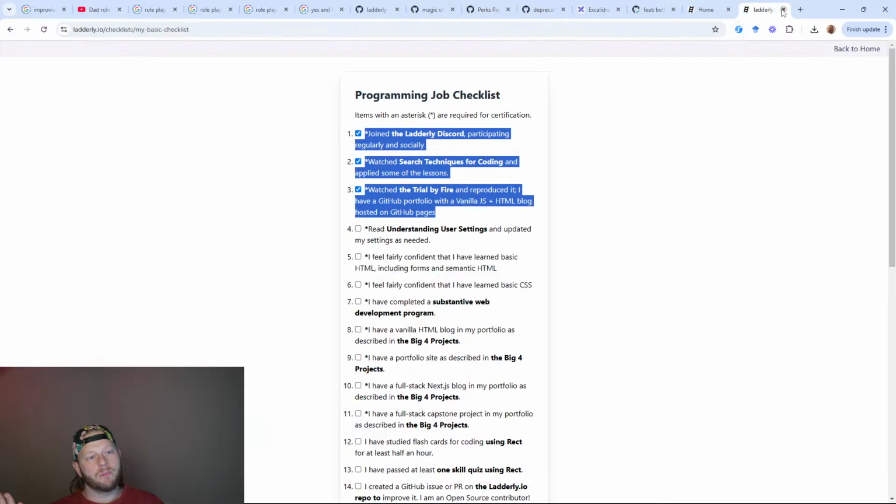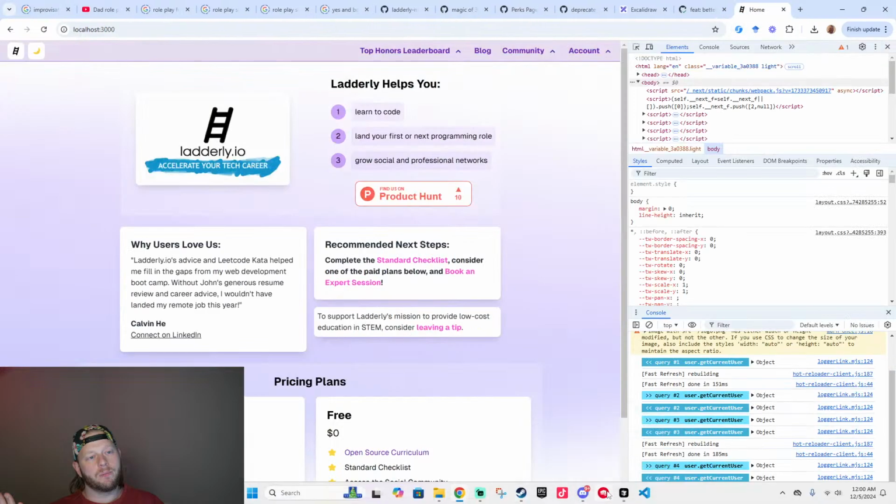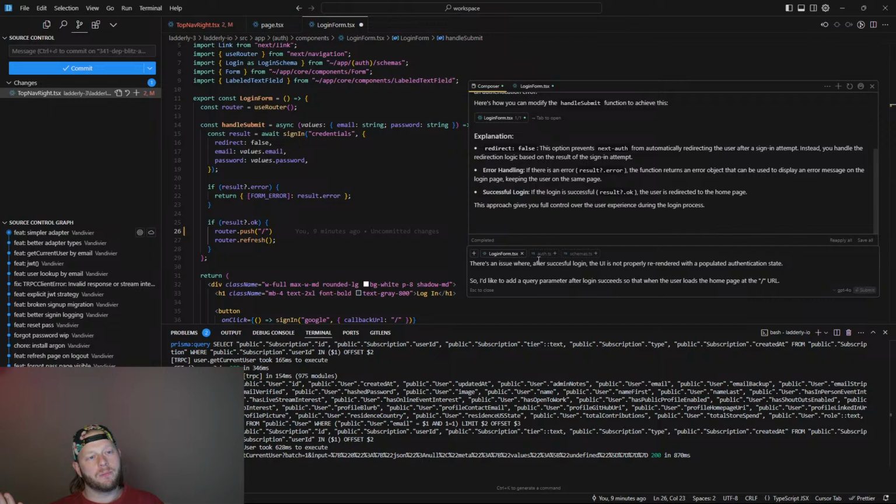Okay, let's get into this code. After successful login, the UI is not properly re-rendered. I'd like to add a query parameter after login succeeds so that when the user loads the homepage at the / URL,